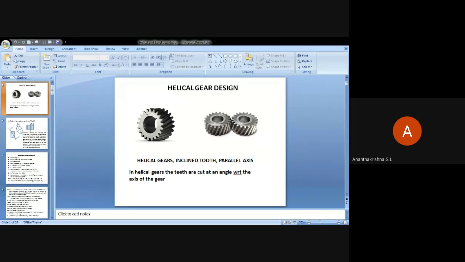Any other doubt you have? You want any repetition of springs or whatever? Do you want to go through lubrication and bearings? Anybody wants a little bit? Now we have another 15 minutes. So should I take you through springs or lubrication? Anything you want? Lubrication and bearings. Okay. Just wait. Where is lubrication and bearings?